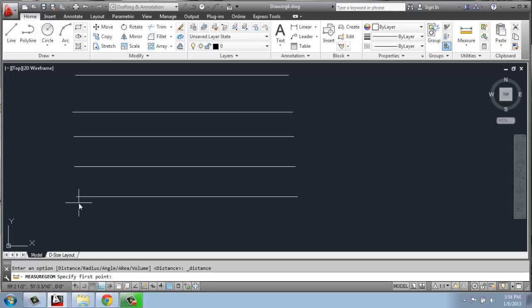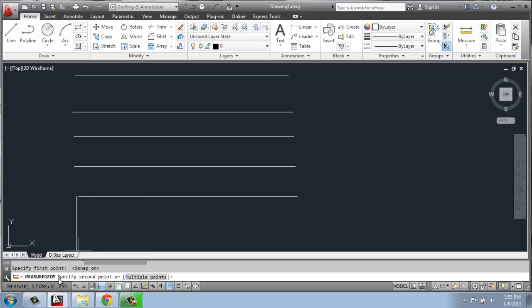What we're going to do is use a function called Object Snap. So down at the bottom where we happen to have Ortho on, you'll see that we have Object Snap here, just a little ways over. It looks like a box with a little sparkle or flare in the corner. When I turn Object Snap on, or O Snap, when I hover over the endpoints of my line, you'll see that I get this green box, and it kind of pulls my mouse there. So I can click here,